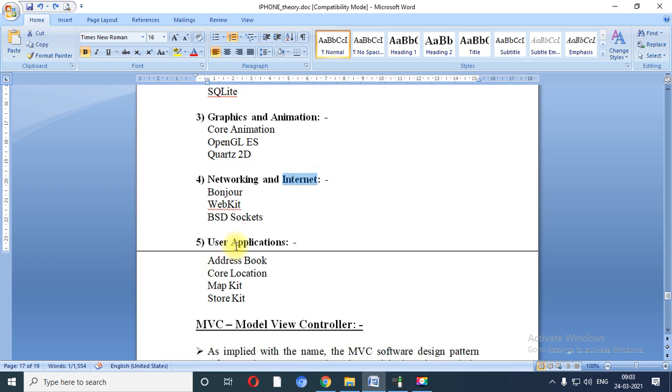And the last one is called user applications like Address Book, Core Location, MapKit or StoreKit. These all are the parts of user applications. So if you want to develop such kind of application which is a collection of addresses, a collection of locations, a collection of different kinds of maps, or any store facility you want to provide, at that time you can use user applications.